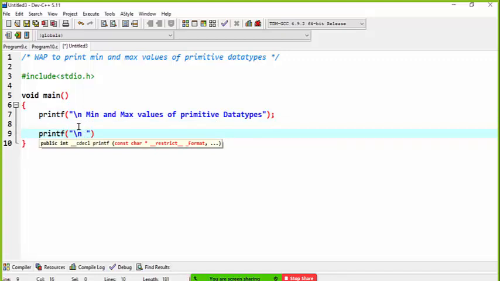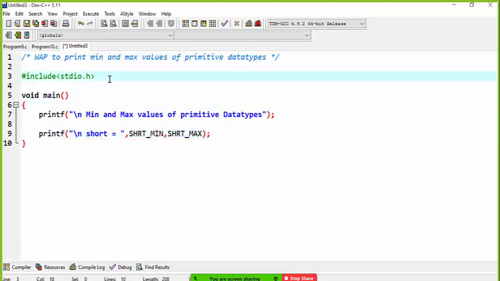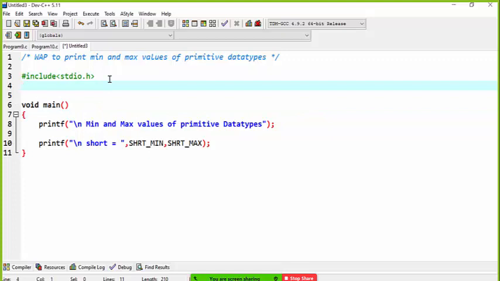printf. For short, I want to print the min and max values, and for that I call a constant SHRT_MIN, and to print max I type SHRT_MAX. But what is the meaning? I told you while we discussed the topic data types, the header files limits.h and float.h,